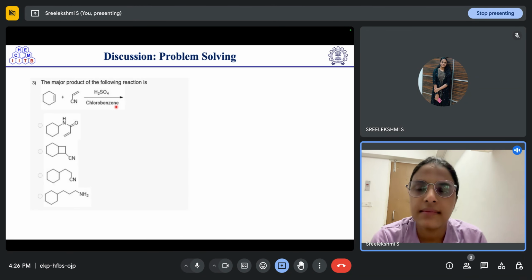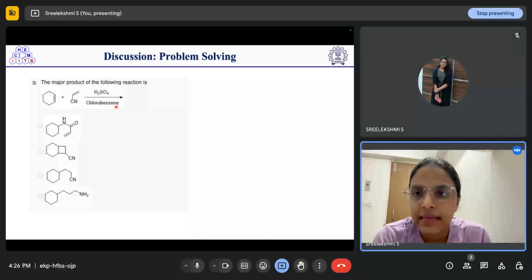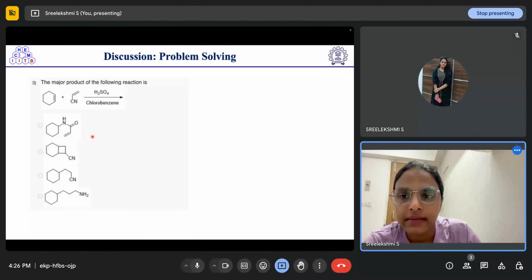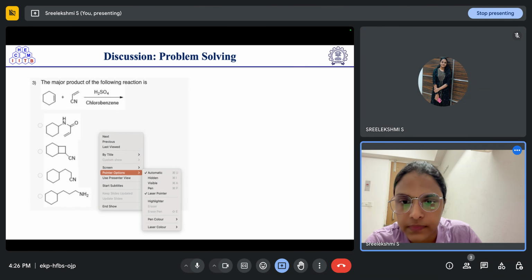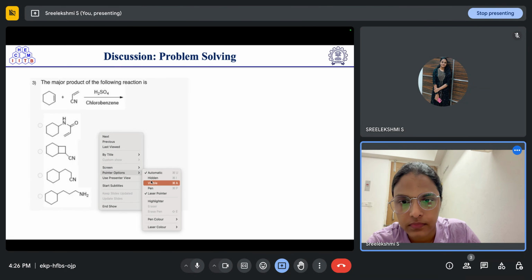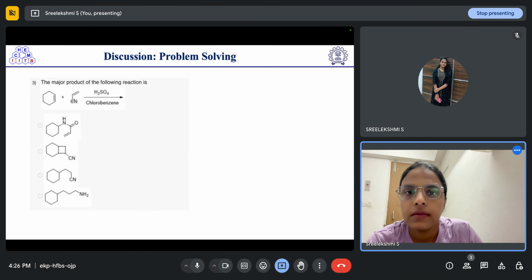So which reaction is it? This is basically an example of the Ritter reaction. So what is happening here is that I will change it to pen. Yeah. So what is happening here is that first this H plus from this acid will be taken up by this alkene. So H plus will be taken by this alkene